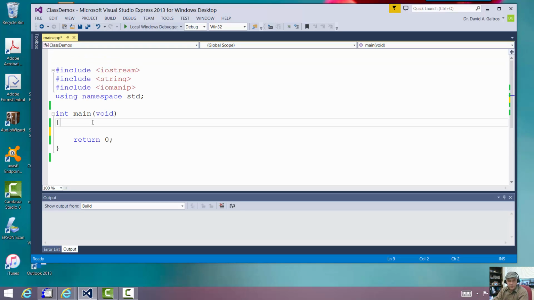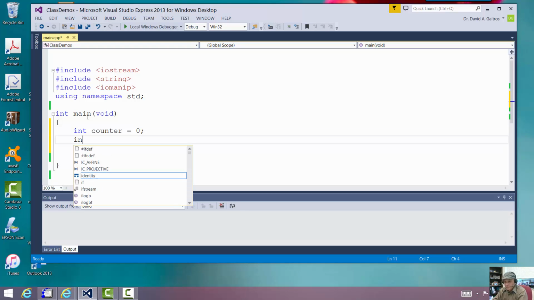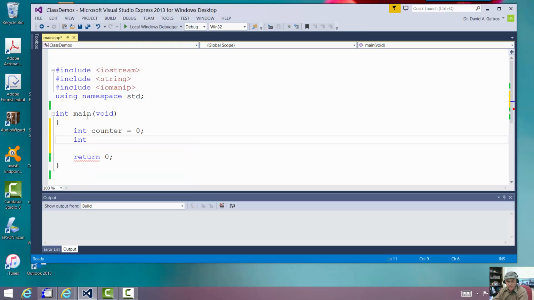The first thing I'm going to do is have a counter. The name counter here means nothing. It's just a name I've given it, but I usually call it a counter. It's what I'm going to use to keep track of the number of things I read in. As I read them in, I'm going to add one to this. I'm also going to read in a number as input, and I have to have a place to put it, so I'm going to call it